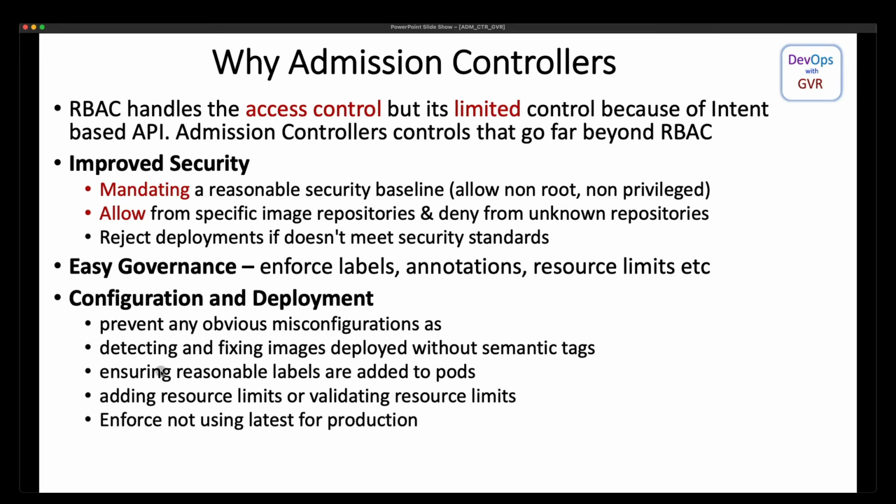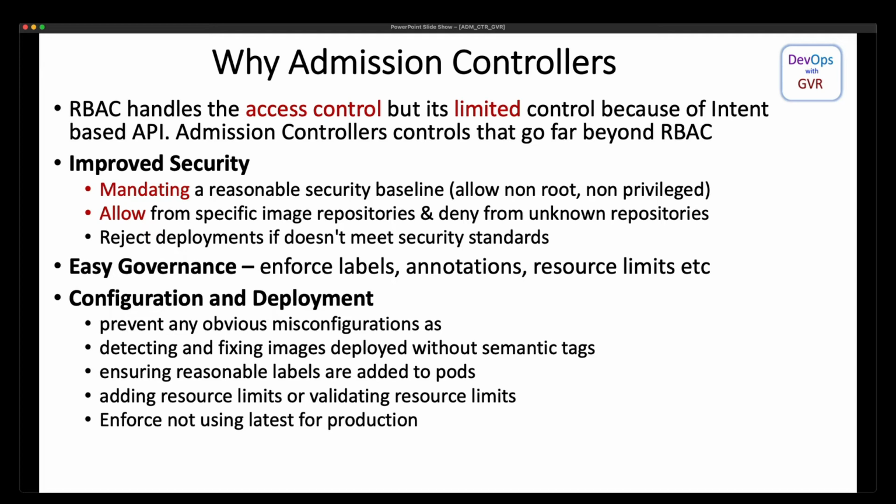And the last is configuration and deployment. So what is this basically? In your Kubernetes deployment resources, you can prevent misconfigurations. What are the misconfigurations? One is detecting and fixing images without semantic tags.